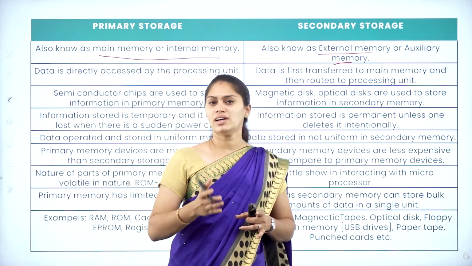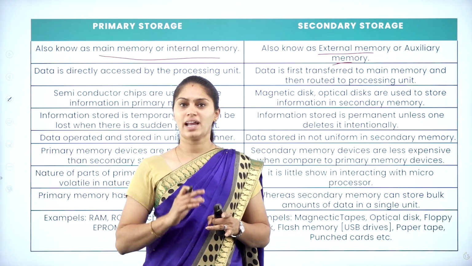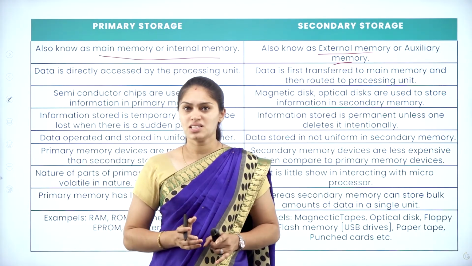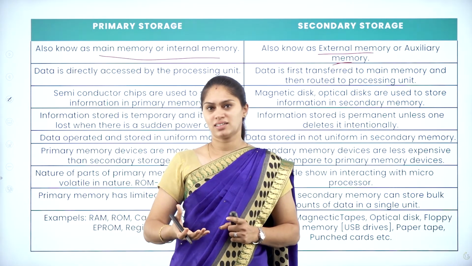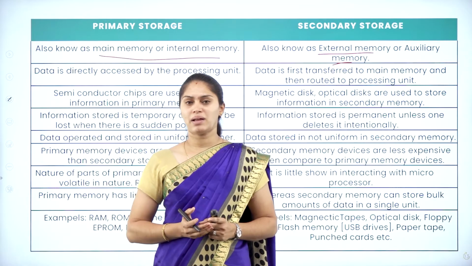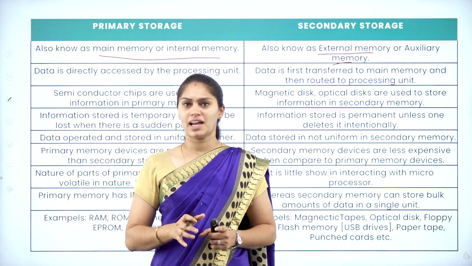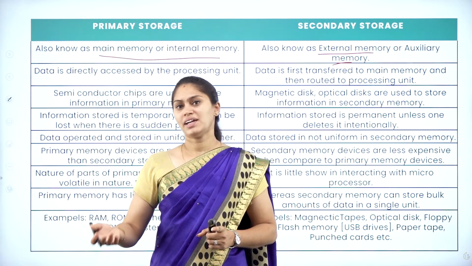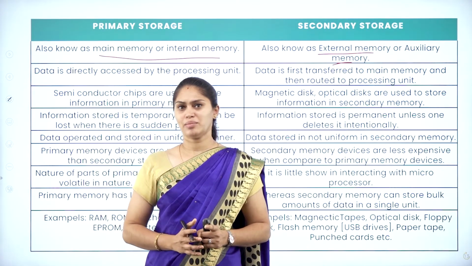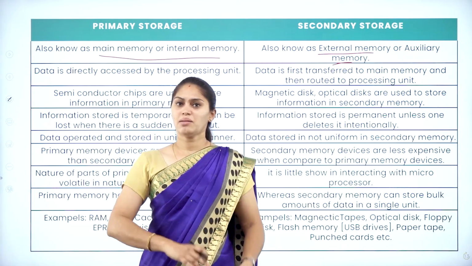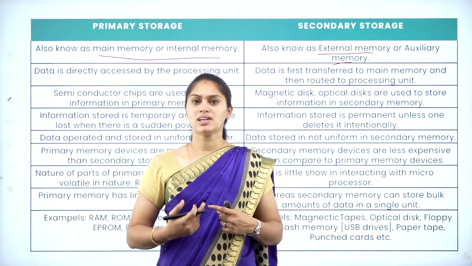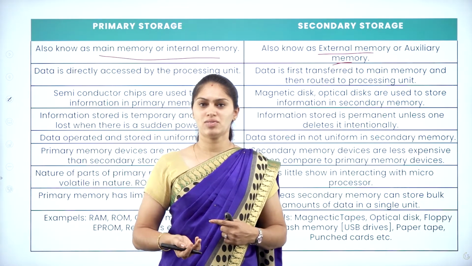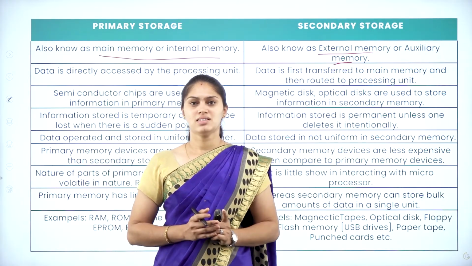As I told earlier, if you want to execute any data and process, that must be in the primary memory. Then only the CPU will have control or access to the primary memory, and then it will fetch the data. But what if my data and instructions are in the secondary memory? At that time that data must be copied to the primary memory, then the CPU will have communication or data transfer between the primary memory and the CPU.